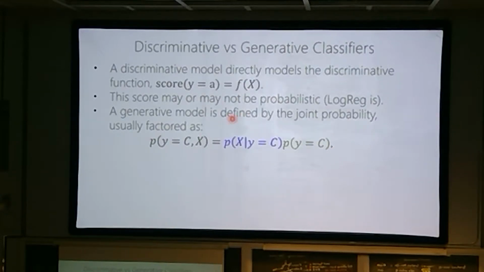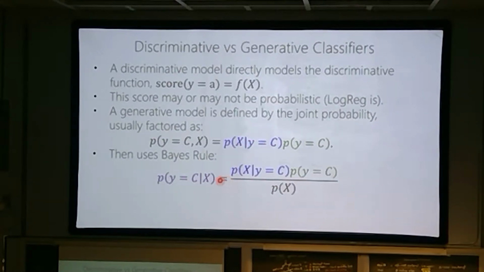And the generative model, right, is defined by the joint probability, which we've already said we usually factor in this way. And then we can use Bayes' rule to get, after we've modeled it this way, right? So again, just to separate, we have some data. We could build either a discriminative or a generative model, but we decide to build a generative one, then we're going to model these probabilities. And then after we've learned the appropriate setting of these distributions with our parameters, we're going to use Bayes' rule to just compute this quantity, which is the same quantity you get out of logistic regression, but you're getting there in a different way.